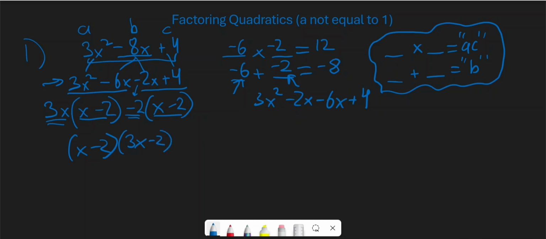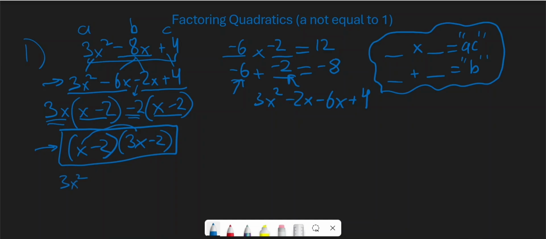Okay, and this would be the factored version of that quadratic that we had at the very beginning. And since factoring is the opposite, the inverse operation of FOILing, if you were to FOIL this out, then you will end up getting what we had at the very beginning. Just to demonstrate that, let's FOIL this factored version, which we have x times 3x gives you a 3x squared,